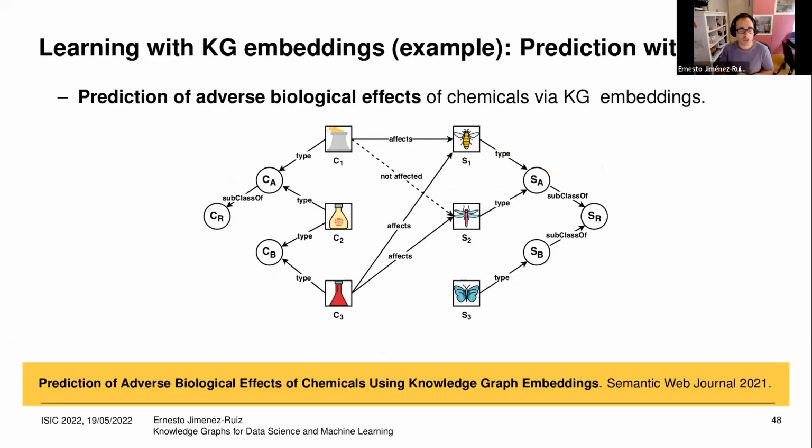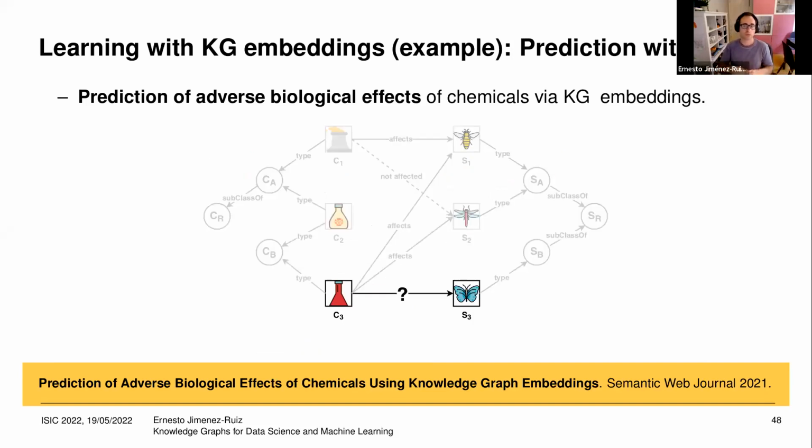And so in the end, we tried to run knowledge graph embedding approaches on this Terra knowledge graph, and we have some evidence, like a chemical one is affecting a species one, and so on, and also cases where it wasn't affecting a species two. But then the idea was to leverage this representation to discover, for pairs of chemicals and species for which we didn't have any data, whether chemical 3 was indeed affecting species 3, for example. And then also we realized that it was very important, when we were doing the experiments, to